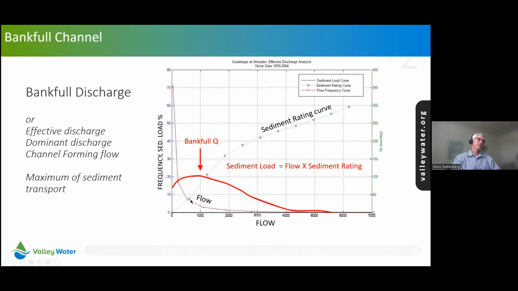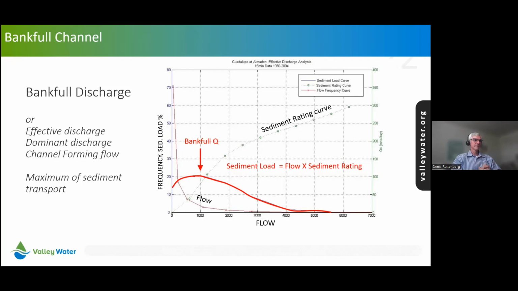And then the other curve is the amount of sediment that gets transported at a particular flow. If you multiply the flow times the sediment rating, you're going to end up with a sediment load curve. And where that sediment load curve maxes out is an indicator of the greatest amount of work in your bankfull